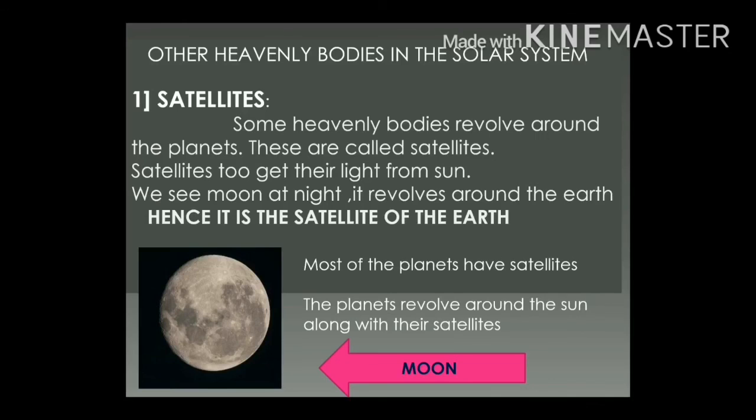Most of the planets have satellites. The planets revolve around the Sun along with their satellites. That means the Moon is revolving around our Earth and our Earth is revolving around the Sun. And the satellite is also part of our heavenly bodies. So there are 2 types of satellites, and they are natural